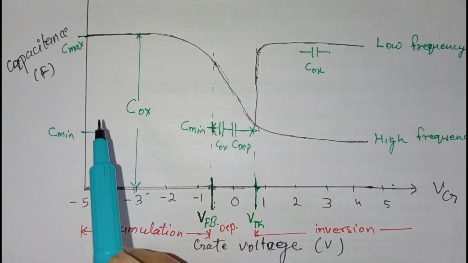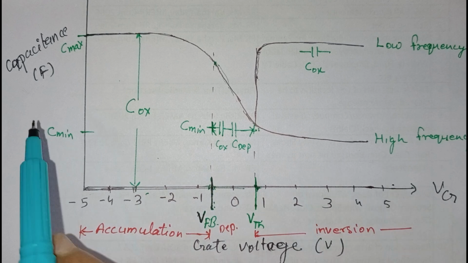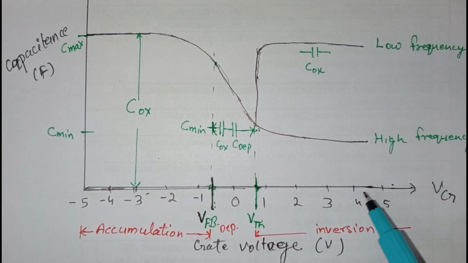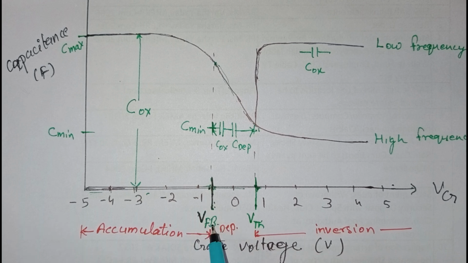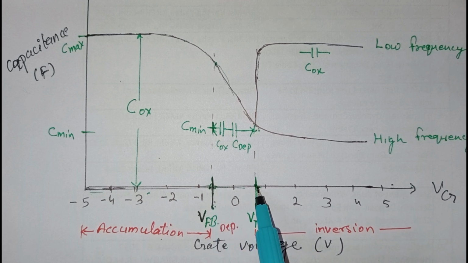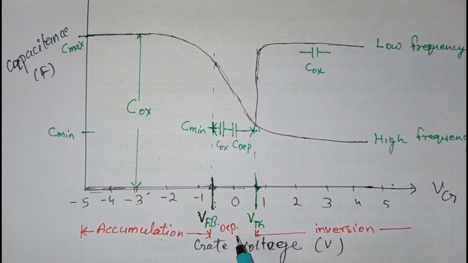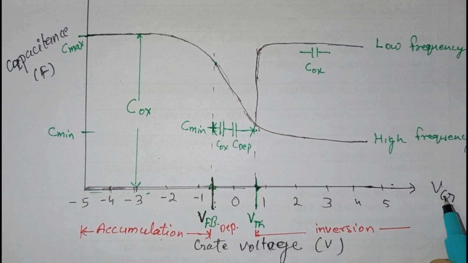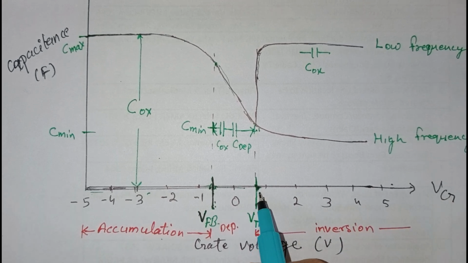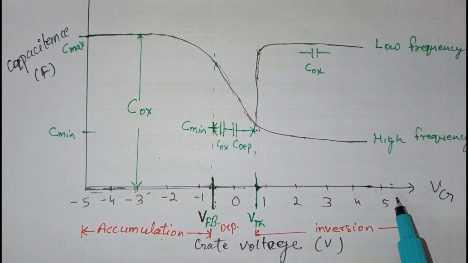Now we'll see the capacitance voltage curve, or the CV curve, of the MOS capacitor in inversion mode. This is the accumulation mode up to the flat band voltage. This was explained in the video before the last, and this region from flat band to threshold voltage is the depletion mode of the MOS capacitor. This was explained in the last video, and in this region above, when the gate voltage is above this threshold voltage, the capacitor enters into the inversion mode.